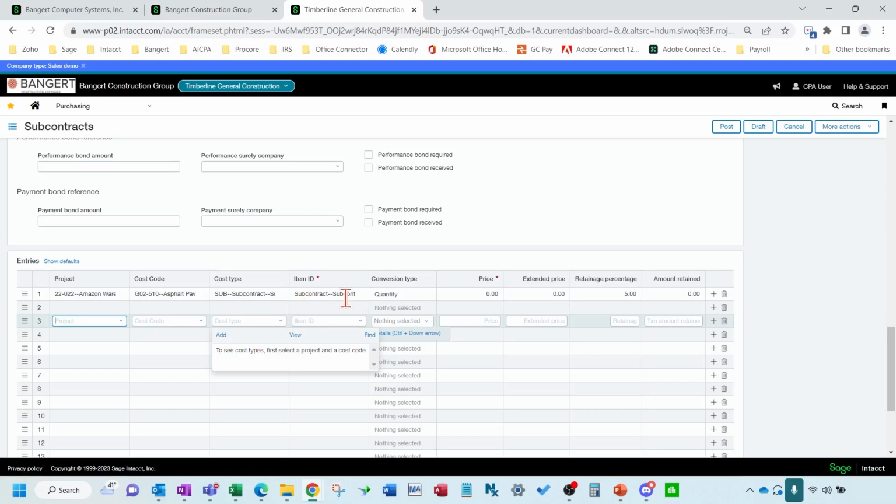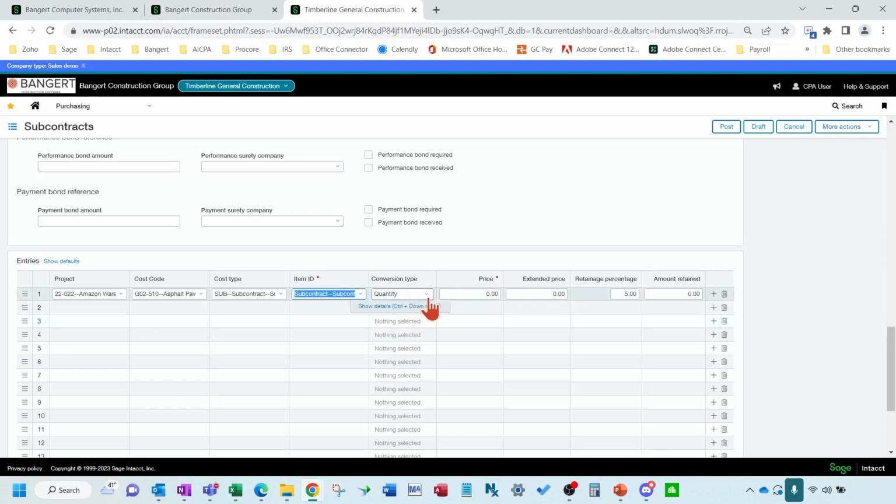Okay, and then it's going to pre-fill your item ID for you, so leave that the way it is. And then we can default this to say price too, but I just want to put a lump sum price in. So I'm going to change this here to price.